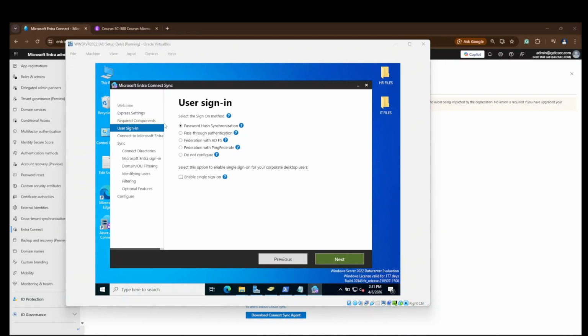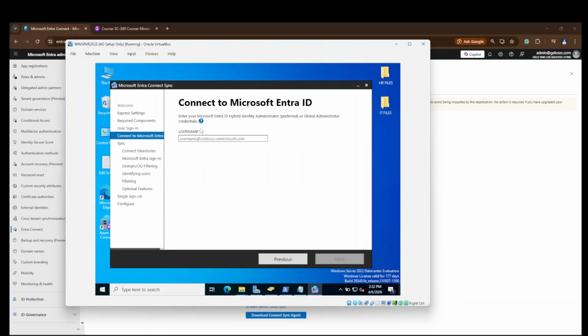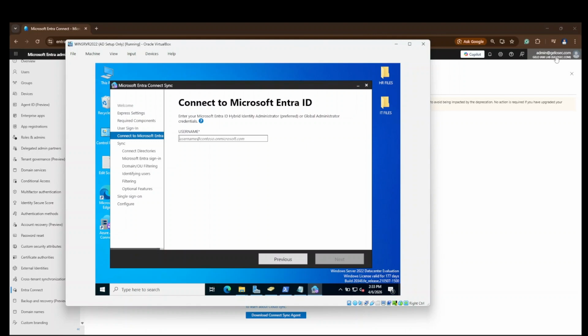Okay, here we are in a sign-in method. So we're gonna use password hash synchronization in this demo, and we're gonna enable single sign-on. So we're gonna click next for this, and our username here is this one, the admin@jellosec.com. This is our global administrator username.